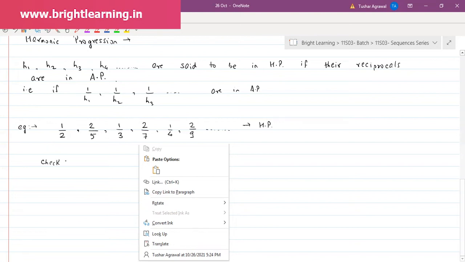To check whether this sequence is in HP or not, just consider the reciprocals. The reciprocals are 2. The next reciprocal is 5 upon 2, which is 2.5. The next reciprocal is 3. The next reciprocal is 7 upon 2, which is 3.5. The next reciprocal is 4. The next reciprocal is 9 upon 2, which is 4.5, and so on. This forms an AP. So yes,